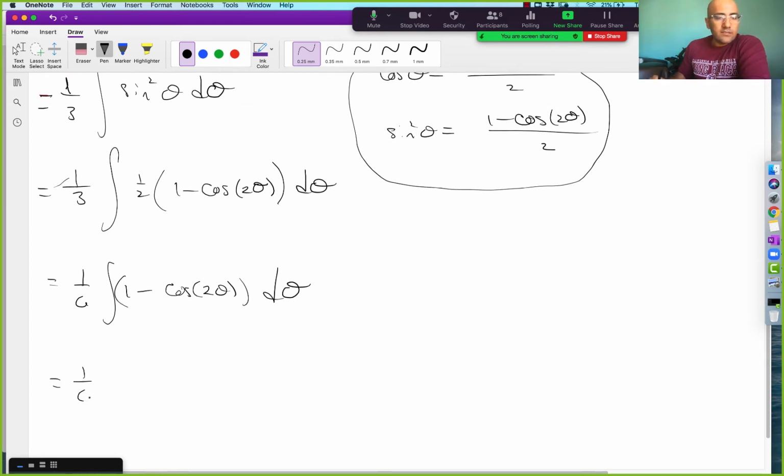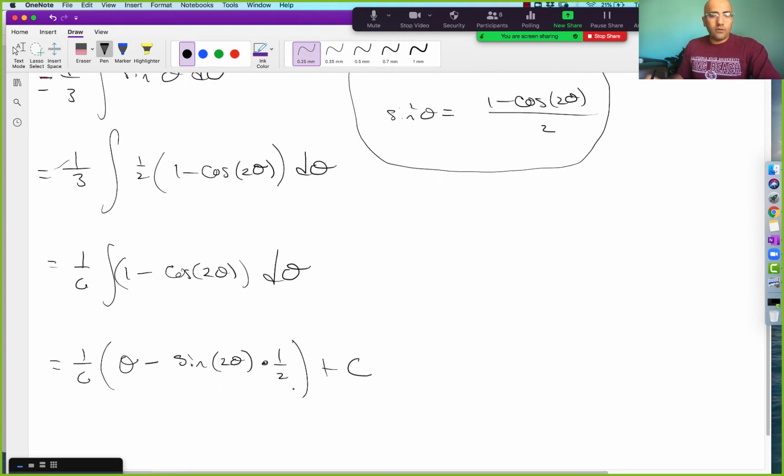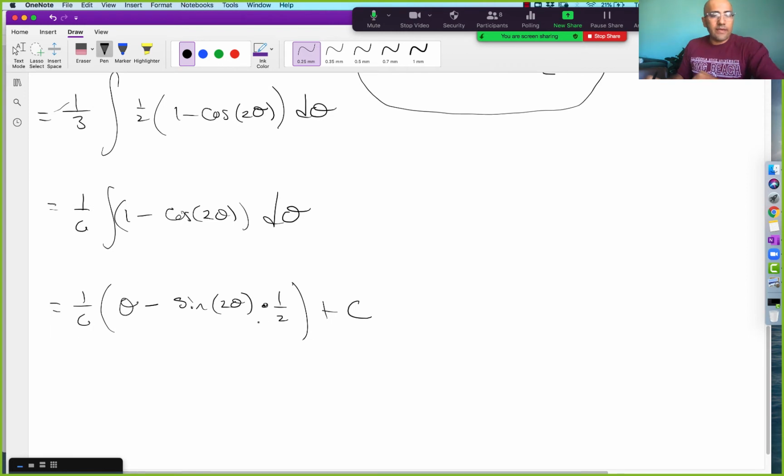Now we're ready to go. This is going to be 1/6, and then this is just going to become theta minus, the antiderivative of cosine is going to be sine 2 theta. So kind of guessing and checking, the derivative of sine 2 theta is cosine 2 theta times 2 using the chain rule, so we have to introduce an extra multiple of 1/2. Good. Plus a constant. And then that's a pretty good place to stop with this,